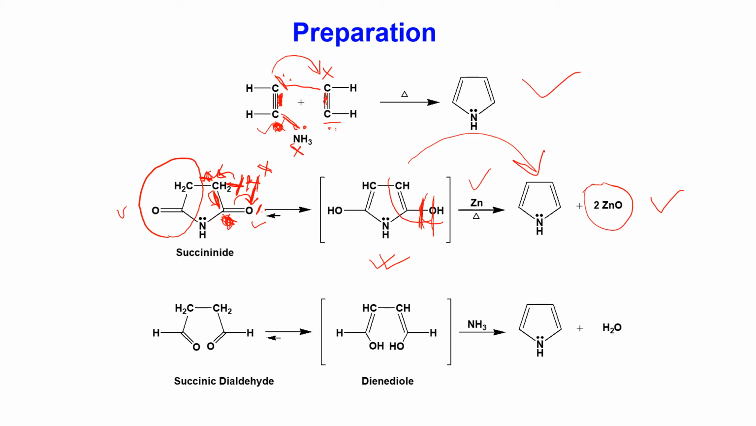In the third method, the starting material is succinic dialdehyde. Actually this reaction is similar to the step 2 reaction a little bit, because succinic dialdehyde also contains carbonyl groups. So due to the presence of these 2 carbonyl groups at reaction conditions, rearrangement occurs in succinic dialdehyde also, and after rearrangement succinic dialdehyde will convert to diindiol, because in succinic dialdehyde